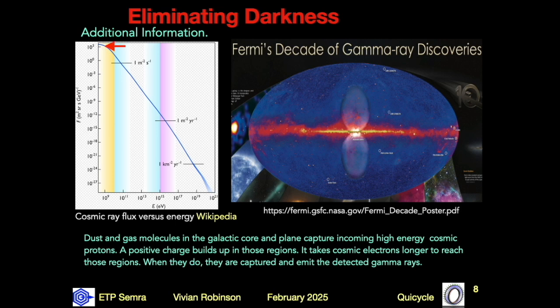This graph shows the cosmic ray flux is highest at about 1 GeV. A significant flux still exists at 10 GeV. Those cosmic rays will keep entering the central core until its voltage gets so high it stops high-energy particles from entering. As this cosmic ray energy curve shows, that could be up to around 10 GeV. The other limiting factor is the arrival of electrons that neutralize their charge.